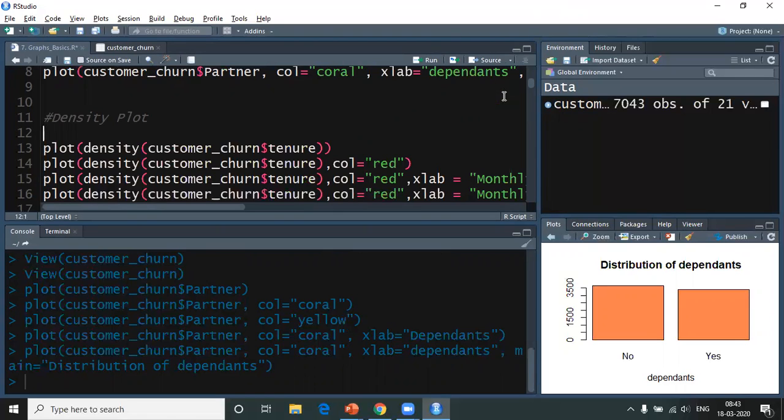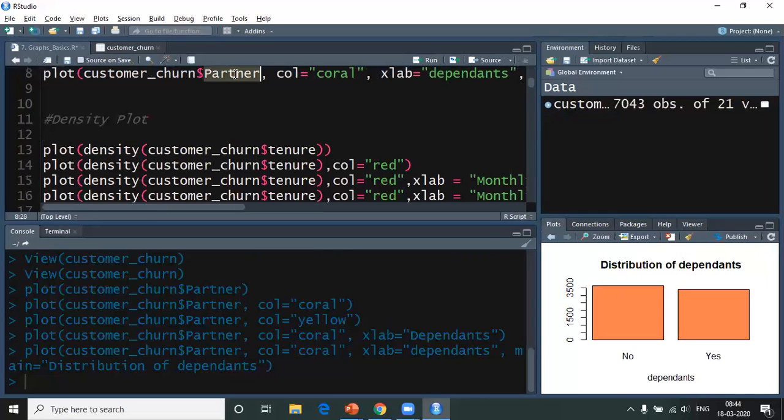All right, so now I'm coming up with a density plot. And how do we do a density plot? I would just use plot, the same features. I would not change anything, but rather I would just add one feature or one function extra, and that would be density. I hope you are able to see that there is no difference in the coding at all, except for the fact that I've changed the column and I've now taken it as tenure.